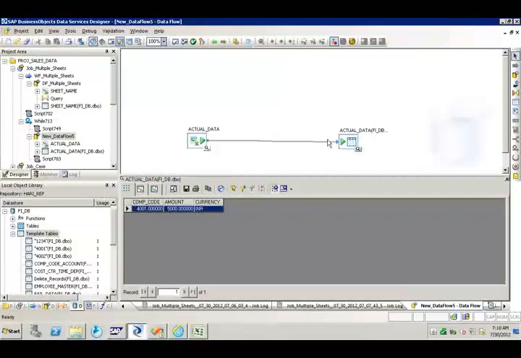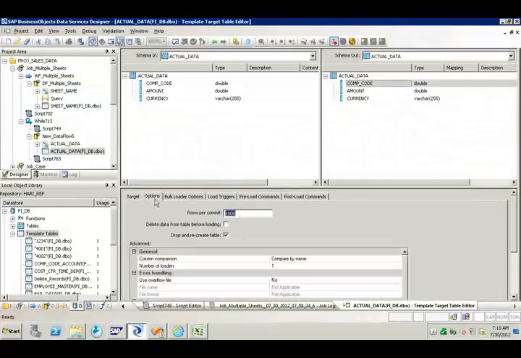What type of table is this? Is this a permanent or template table? What will be the default option for a template table? Drop and recreate table. So first 1 record is loaded. Again, the second time when it loads the second record, the first record has been deleted. That's why it is having only 1 record.